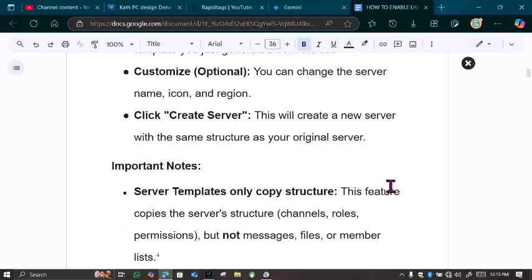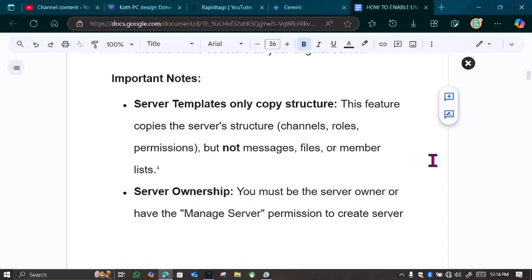Now, this feature that we're talking about here, the server template, only copies the structure. It only copies the structure of the server, that is the channels, the roles, the permissions. It does not copy the messages, the files, or the members list. Now, you must note that you have to be the server owner or have the manage server permission before you